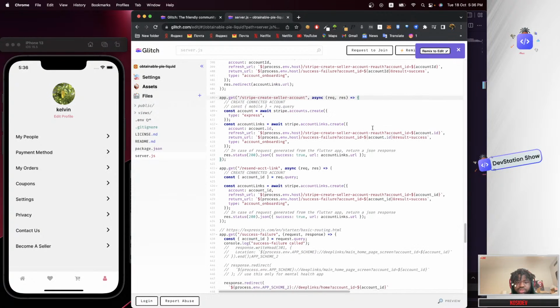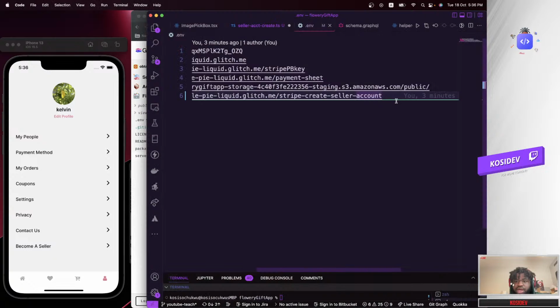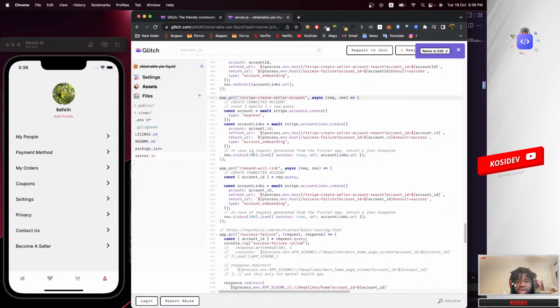Yeah, so there's an endpoint, and it's like a GET request. So I'm making a GET request over here: Stripe create Sarah account, like I said. That's basically what we have over here too. Stripe create Sarah accounts. And once you open that up, once we get to this endpoint, the GET